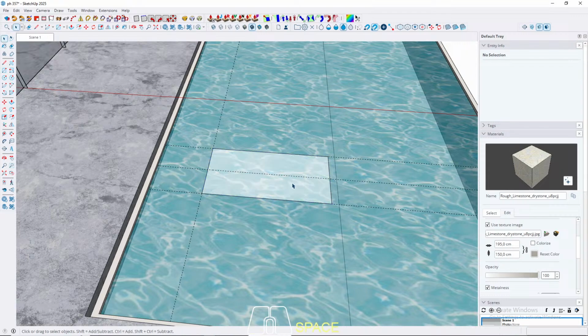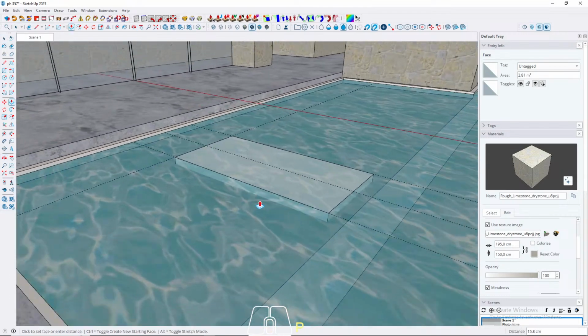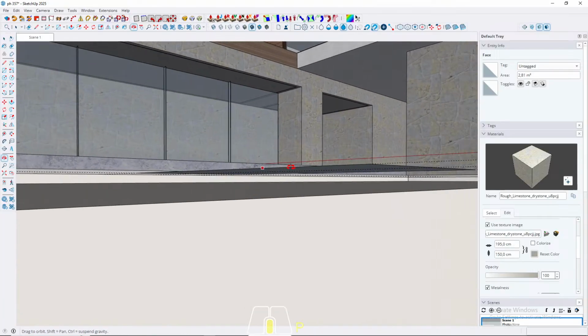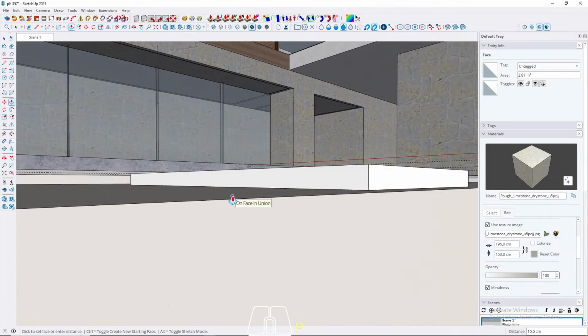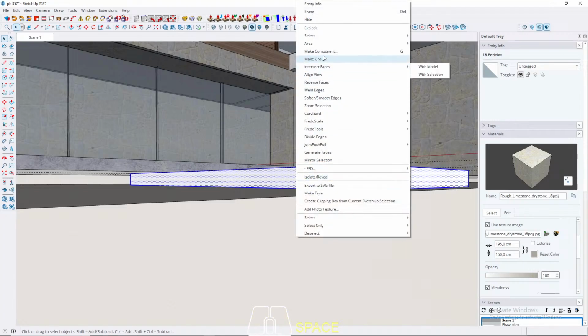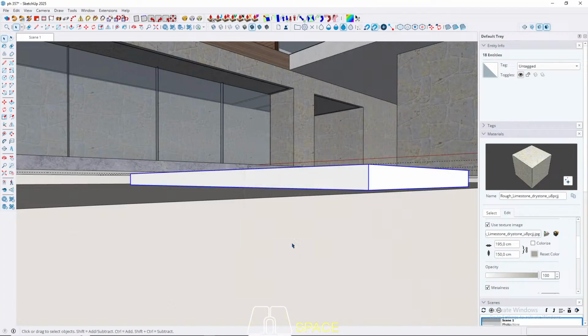And then let's put this thing and then push it lower, make it component, and then apply the same material as